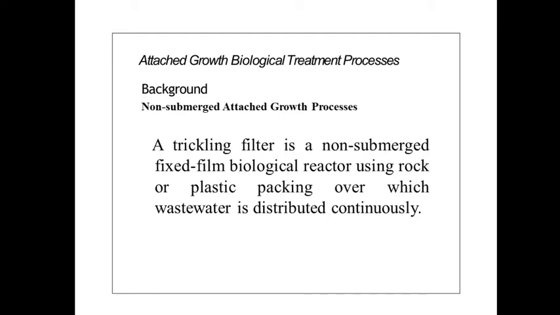The next problem in the activated sludge process is dead spots in the aeration tank. Dead spots occur due to less aeration, low dissolved oxygen, and plugging of the air diffuser. Whatever solids go into the holes of the air diffuser get deposited there, and that's why the air diffuser plugs. Dead spots in the aeration tank can be minimized by increasing the rate of aeration and by cleaning or replacing the diffuser aerator.